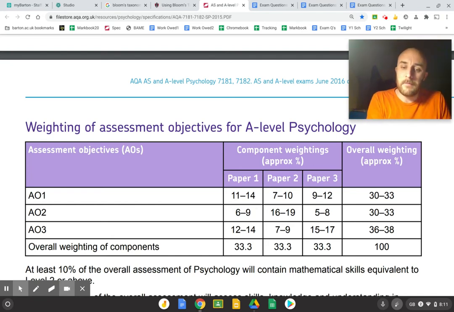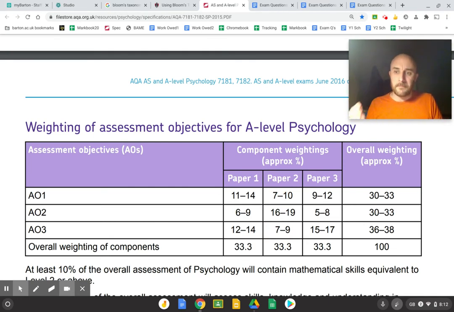But again, paper one is a third, paper two is a third, paper three is a third, and again, paper three looks a little bit like paper one in the sense of it's AO1, it's AO3. But again, look how much more of AO3 there is compared to AO1. So what I'm saying here is you have to take each paper differently. You are not really going to be applying that much in terms of AO3 in paper two or AO1 in paper two. The emphasis is going to be much heavier